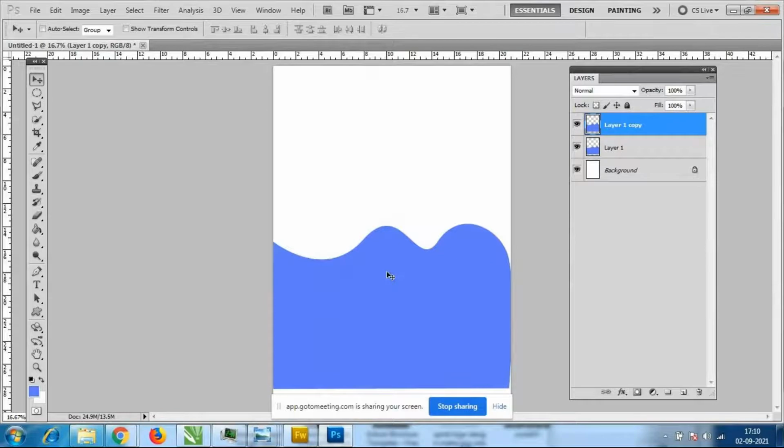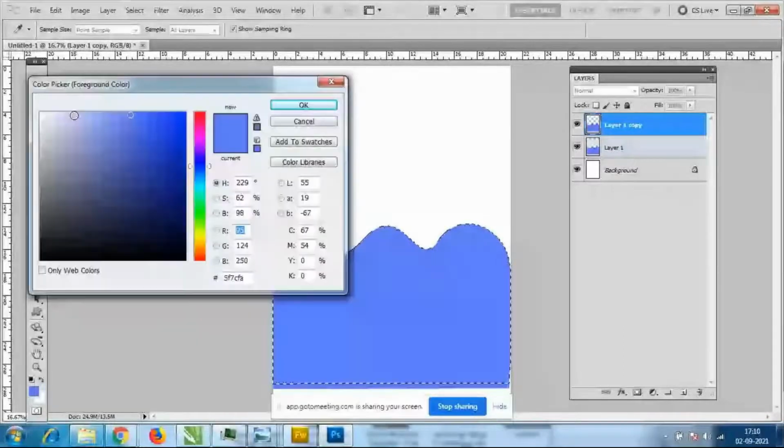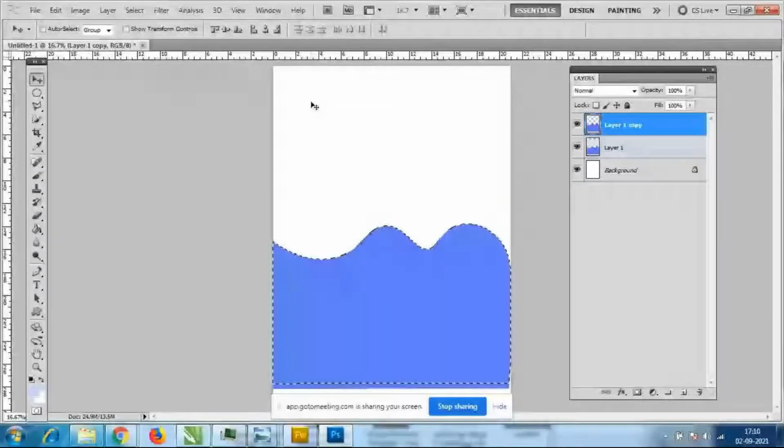So you have to press Control and left click. Control D for deselect. Control left click. Then you can give the lighter color. Whatever colors we do, we have to add the lighter color.